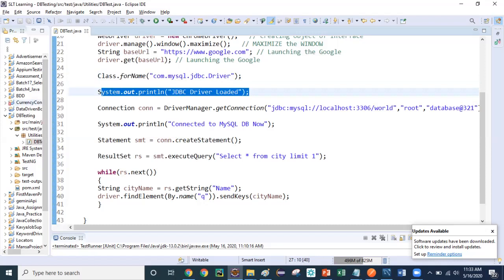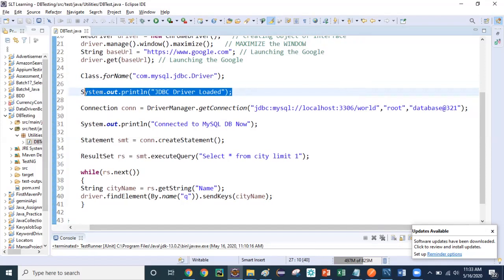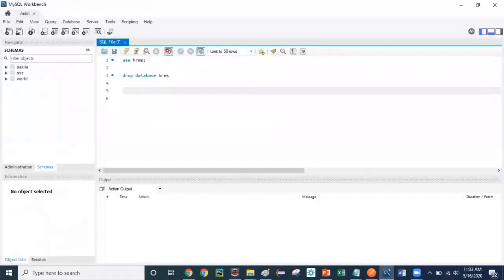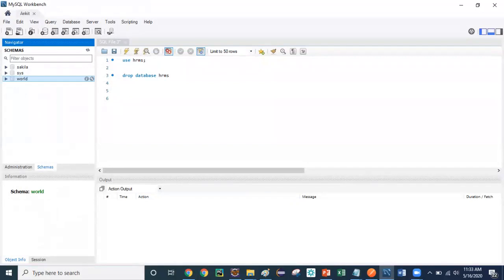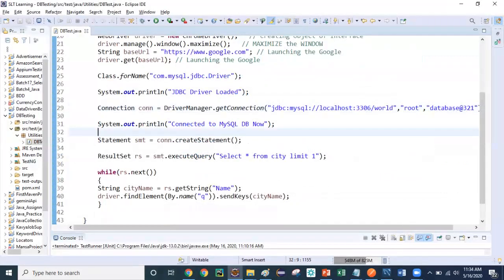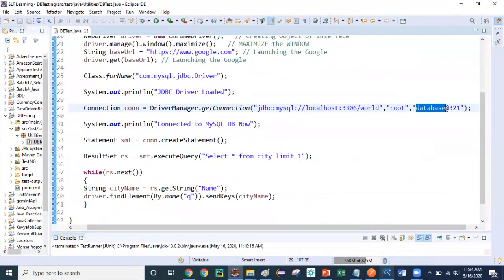Then I will create the connection. At the time of learning, you also know what we require to create the connection: the connection string, the username and password. Over here is my connection string, and this is my database name. Let me show you again. Okay, you see over here I can find my connection information, localhost 3306, and the username, root. All this information I can use over here, localhost 3306, root, and this is the password I created when I installed MySQL Workbench.